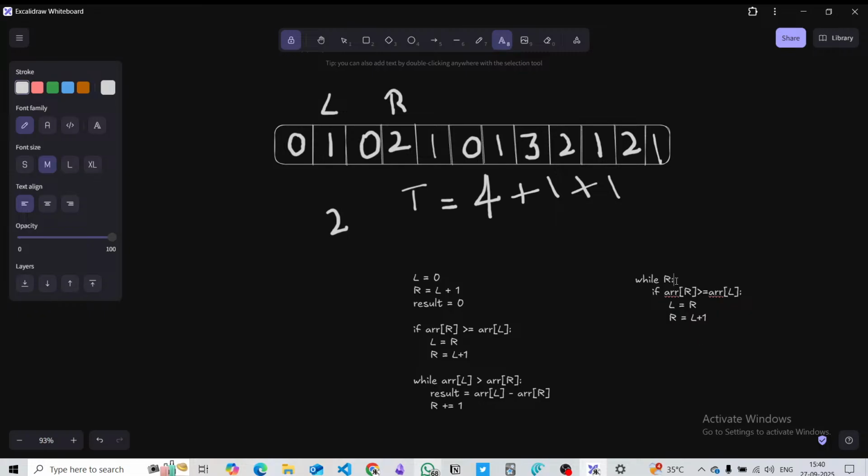Or else I think we just try to implement that. For R in range of n. Yeah, so if it's here, then while array of L is greater than array of R, it means the result is equal to array of L minus array of R. Then R plus is equal to